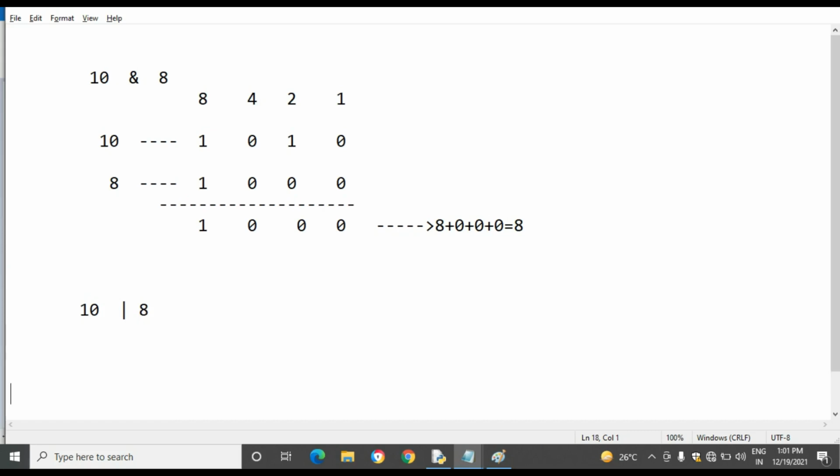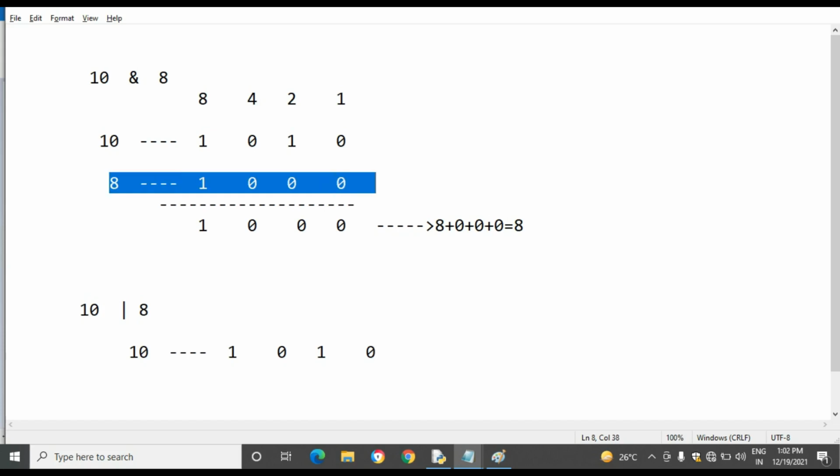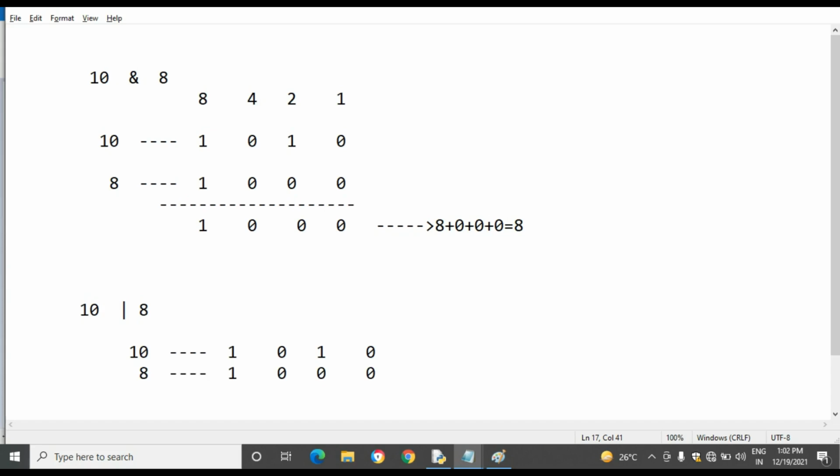The binary form of 10 is 1 0 1 0. Then the binary form of 8 is 1 0 0 0. Now this is true, this is true.